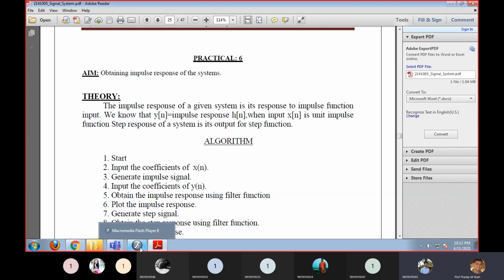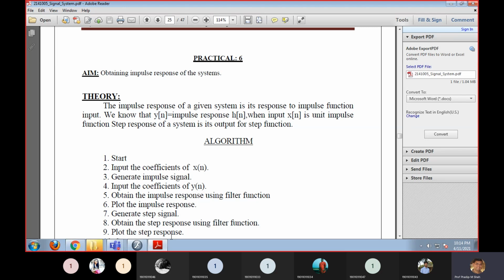So it is the output of the unit impulse input. Unit step or unit impulse? Okay, are you aware of the impulse signal? If you remember, in the very first lab we developed different signals, the impulse signal and step signal.